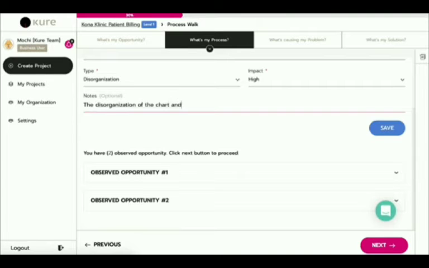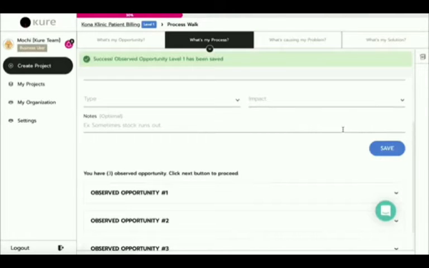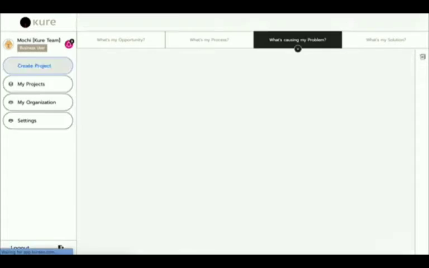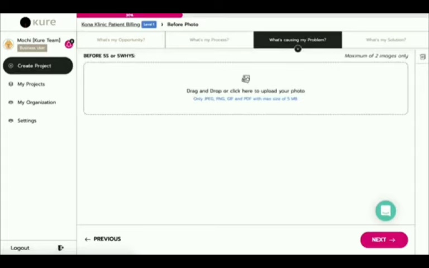With enough detail. As you notice, disorganization was a key category. That's the one that will take us to the 5S, the organization step. And we put a note that the staff was frustrated with this. So the app recognizes that. So the next thing we're going to do is go to a tool called the 5S. But before we do that, we're going to talk about baselining this process. So before we start making any changes,